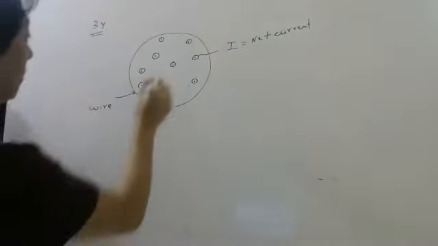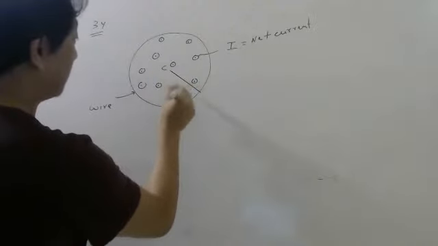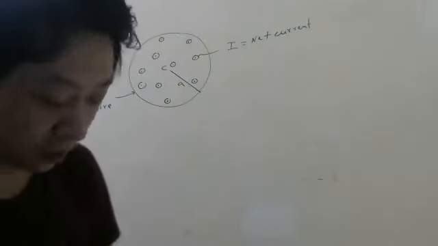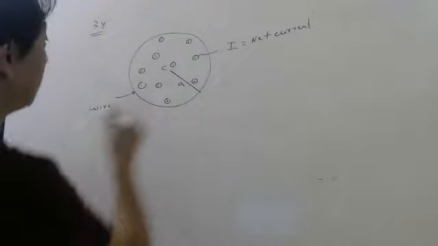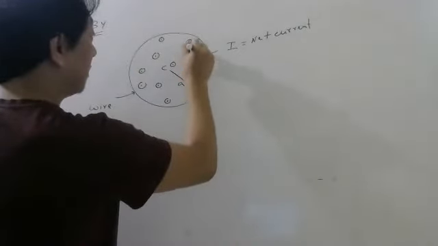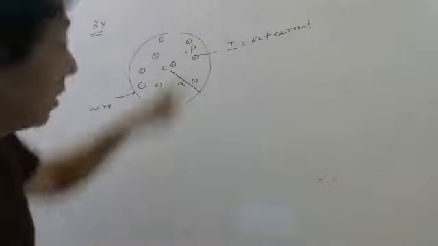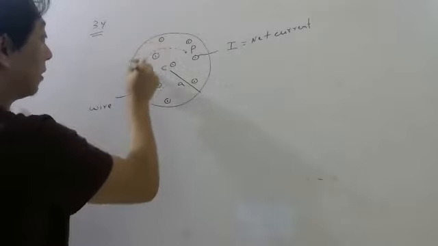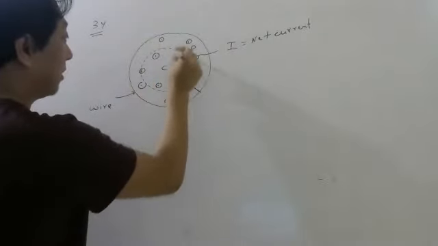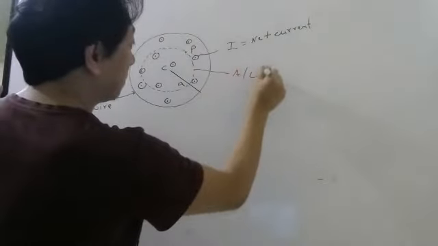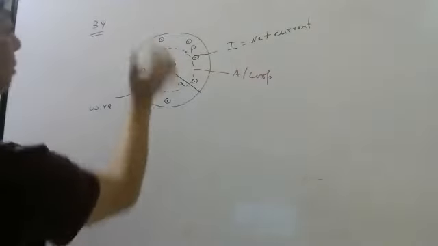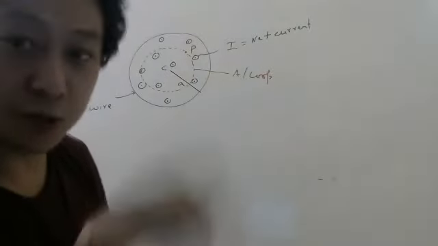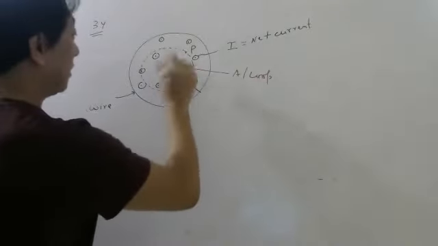Now, the radius of this is given to be a. This is the center. First, they want the magnetic field at a distance a by 2, which means inside. So let me take some point here inside. The technique is, wherever you want the magnetic field, through that point you have to draw a loop. In this problem, the best loop is circular. This is your Amperian loop. Why circular? Because the magnetic field will be circular, so the best loop to choose is also circular. And this radius, let me write small r.